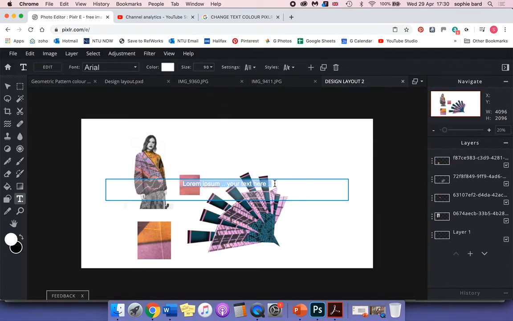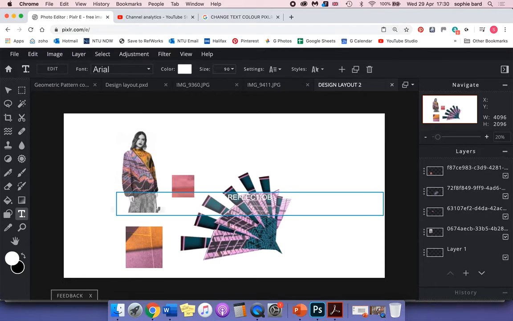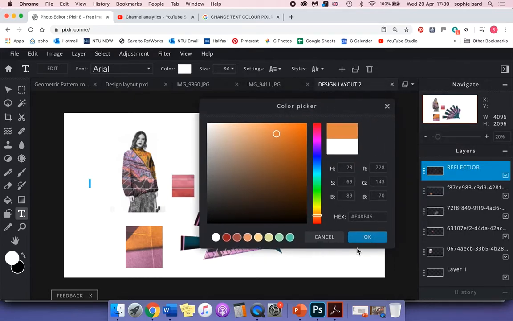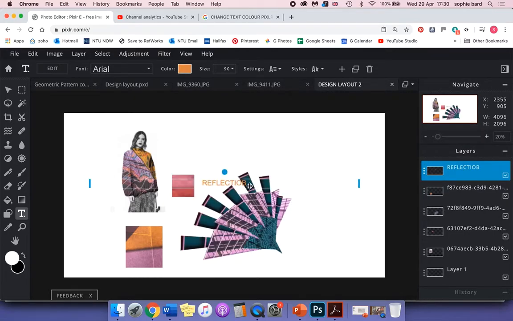So if I type in reflection, it's in white at the moment, so I can't see it. So I'm going to click and drag to highlight that text, and I'm going to change the colour. So I'm going to click on colour up here. And if I click on the image, or in any part of the image, it will take a colour from the image, which is really useful. So click OK, and then once you've finished the text, if you click in a space,